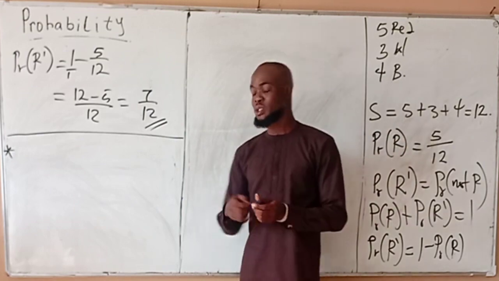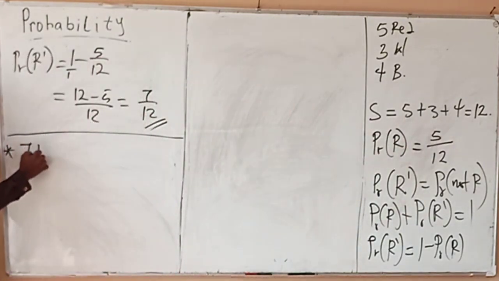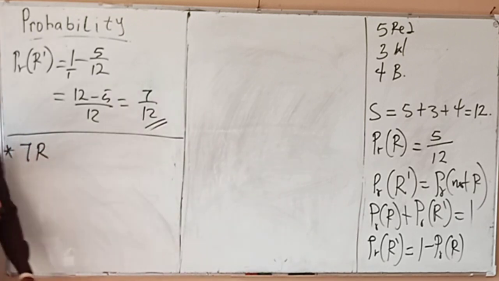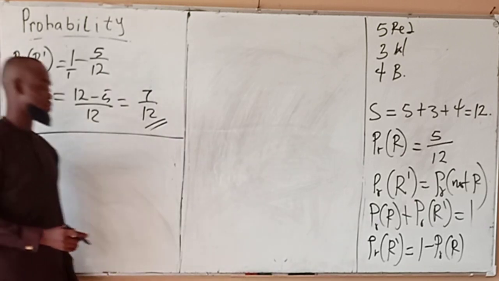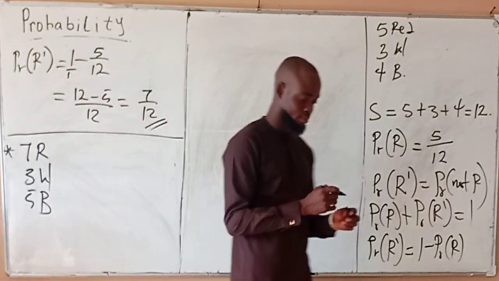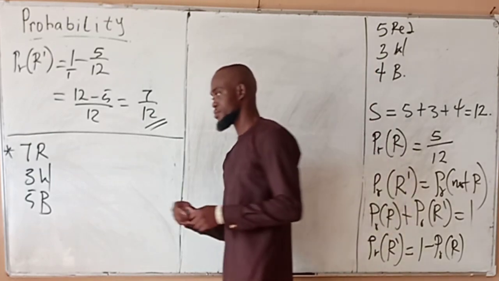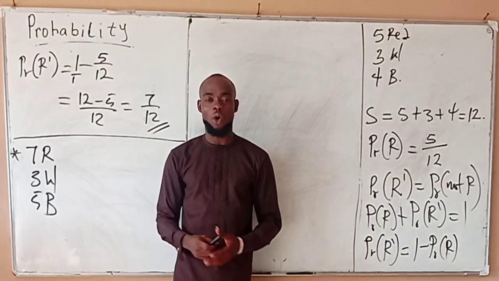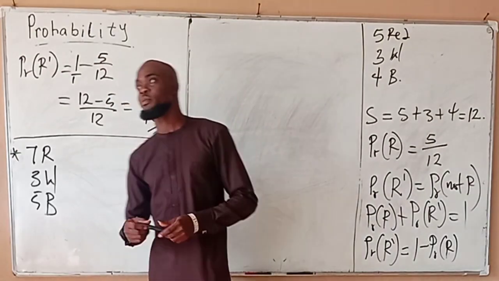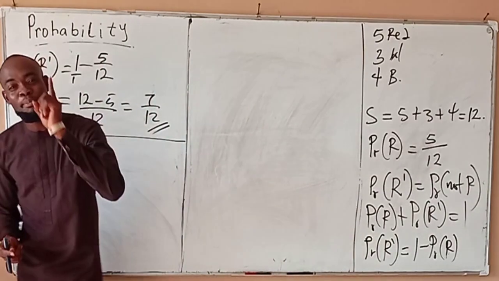Now, a bag contains 7 red balls, 3 white balls, and 5 blue balls. If a ball is drawn at random from the bag, just a ball,